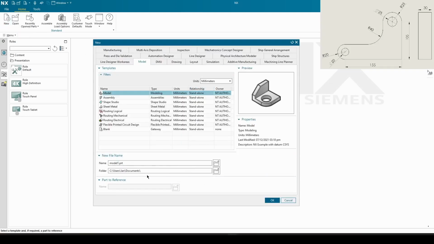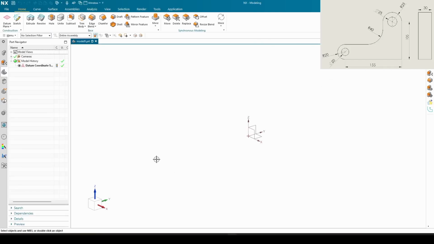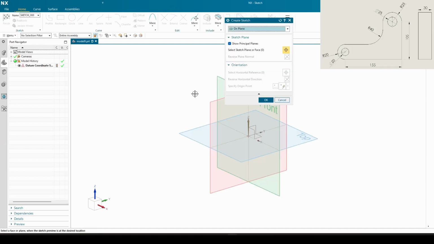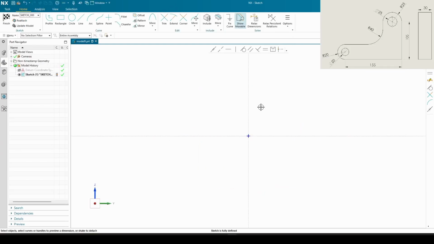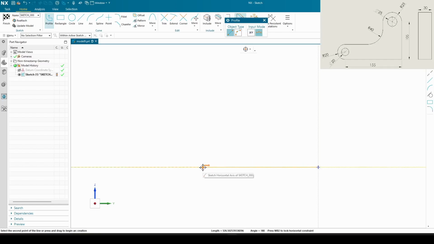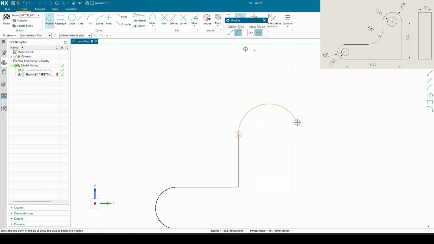We got back-to-back simple models, really nothing groundbreaking. We select our plane. We're gonna use profile, start our model, go here, we switch to arc, go up, switch to arc again,